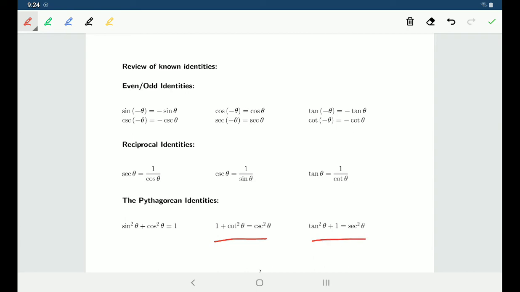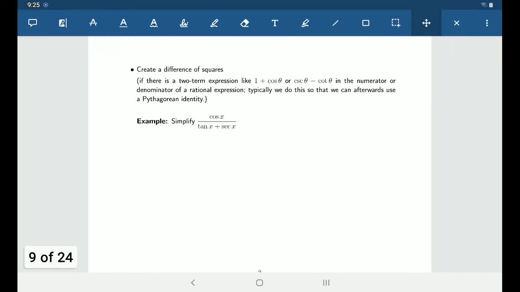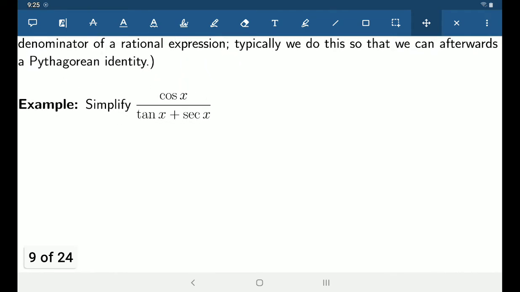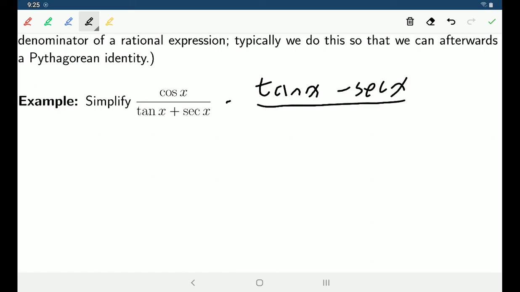They could be rewritten as the second one, cosecant squared minus cotangent squared equal to 1, or 1 minus cosecant squared is negative cotangent squared. There's lots of different differences of squares that could be found from these Pythagorean identities. So that's the idea here, is that if we have something that's not a difference of squares yet, and it's a 2-term expression, we can make it into a difference of squares. So the plan here is, I see this tangent of x plus secant of x in the denominator, and I know that if I were to multiply top and bottom by the conjugate, tangent of x minus secant of x, top and bottom,